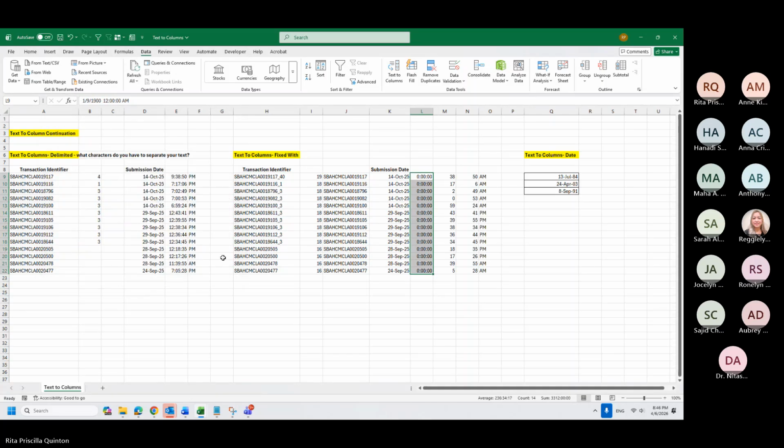Miss Rita, by pressing Control Z, it's like undo if we made a mistake. So yes, we will save the file that we initially fixed. Yes, exactly. Control Z is just undo.